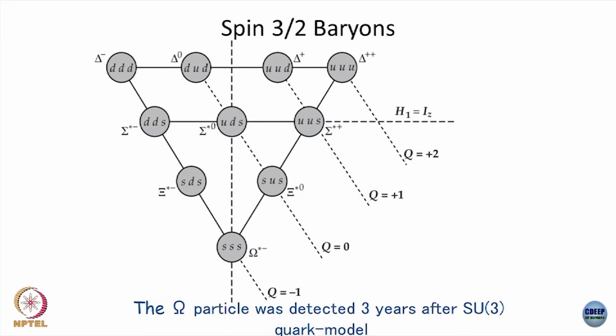Highest weight will be this corner state, and then you can use all the possible ladder operations of SU3, alpha 1, alpha 2 and alpha 3, and you can generate all the 10 states by the SU3 generators. So, this is an irreducible representation of SU3 whose Young diagram is this, and whose dimension can be computed to be 10 dimension.